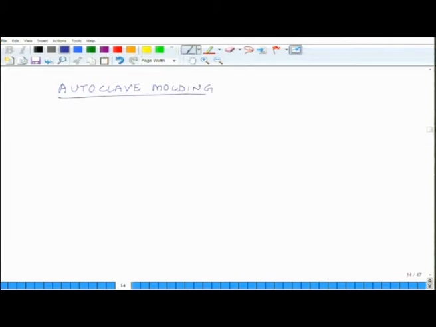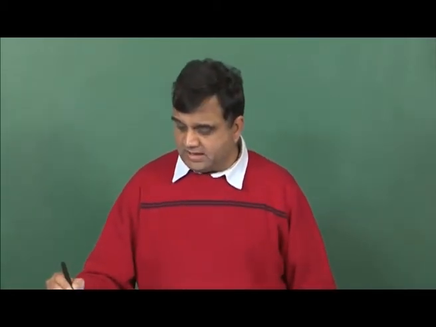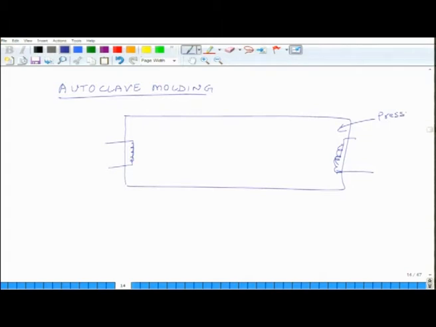To understand what happens in autoclave molding, we have to know what an autoclave is. An autoclave is a big empty cylinder, and in this big empty cylinder you have some heater coils. Through these heater coils you heat up the whole surface. So it's not that heat is coming from one side, the whole inside chamber is heated up, and also you apply a pressure. So the pressure inside the whole thing is also high.